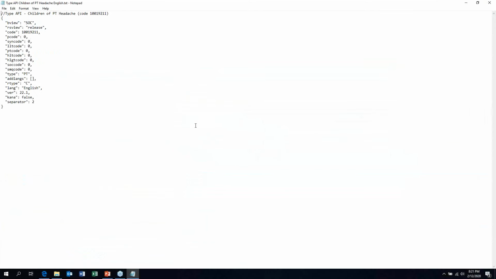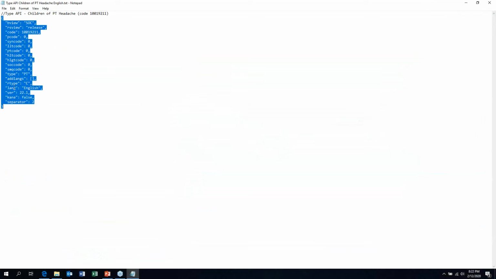So I'm going to open up this request model here so you can see it. And again, we're going to use the SOC view. So in other words, the terms under the system organ classes as opposed to the terms in an SMQ. The code of the term that we want, in this case, PT headache, its level, and then the request type, R type parameter, C means children, the language, English, and then the version 22.1.